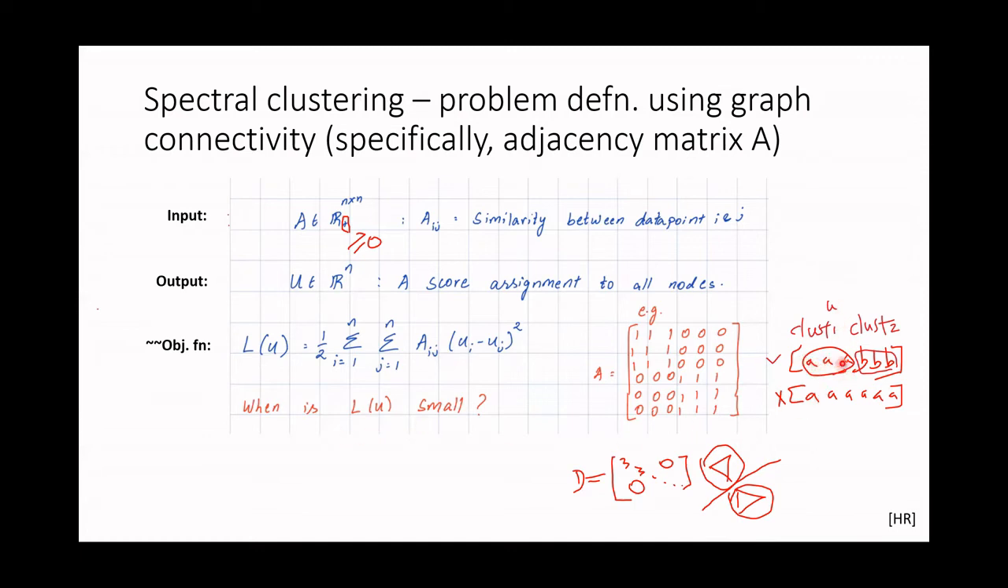Cluster 1 is given some constant A in the U vector, and then cluster 2 is given some other constant B. That will be the ideal solution. In fact, instead of asking for one U, I can also ask for two different U's, right? And then I can say that